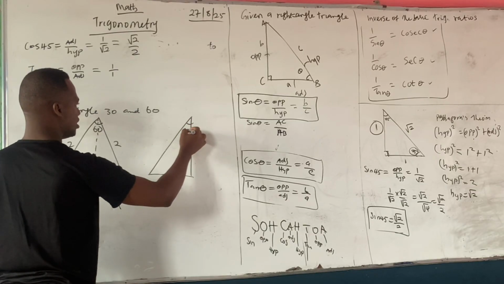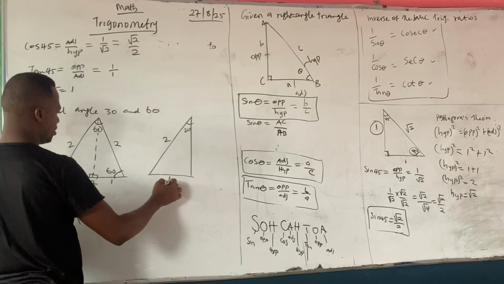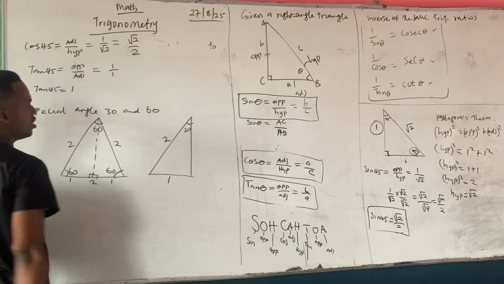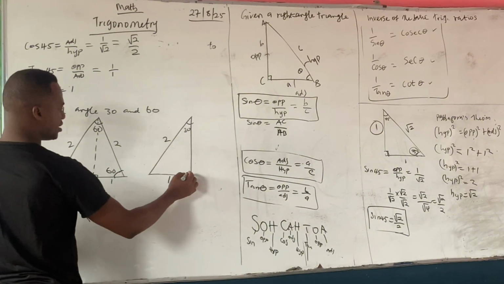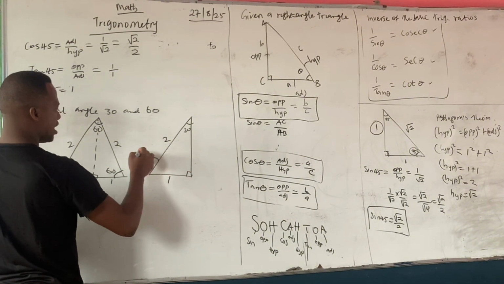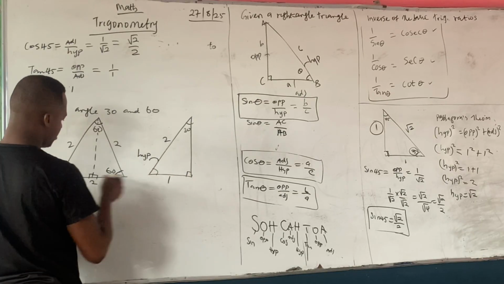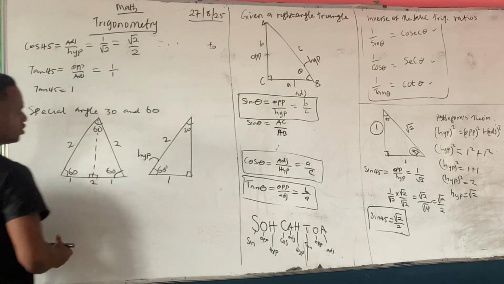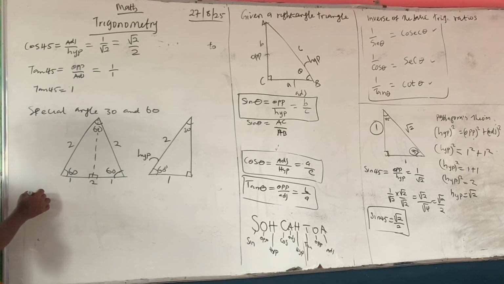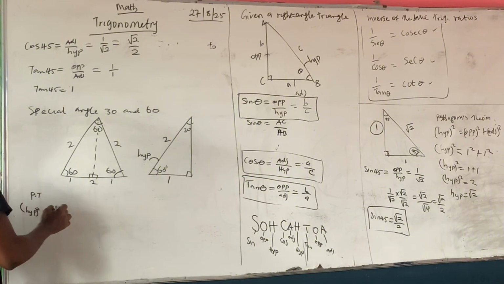Here is now 30. We divided it into 2. Here is 2. Since we divided into 2, one part is going to be 1. We don't know what here is. Okay. So let's calculate this side using Pythagoras theorem again. From this configuration, you can see that here is our hypotenuse. Remember, let's note that this angle is 60 degrees. Here is 30 degrees. So from Pythagoras theorem again, hypotenuse squared, which is here, is equal to,